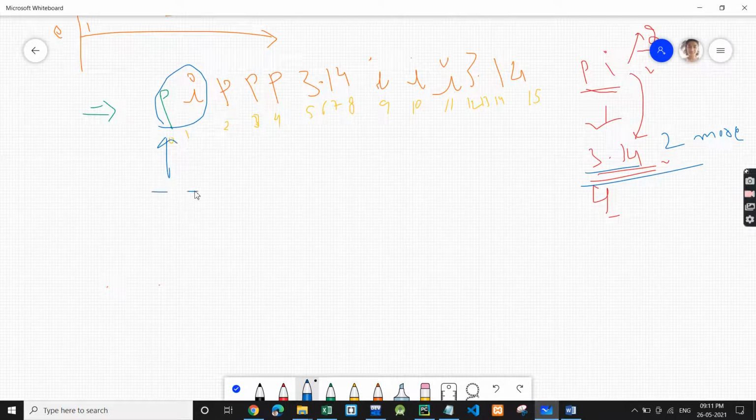Earlier there were two characters, two places, P and I. Now this P and I should have 4 spaces where 3.14 will be placed. So we will move all these characters 2 spaces ahead so that we can make space over here. Let's see how. Let us do indexing first.